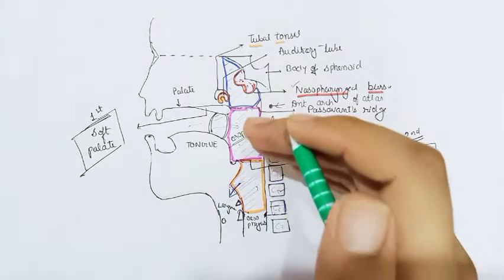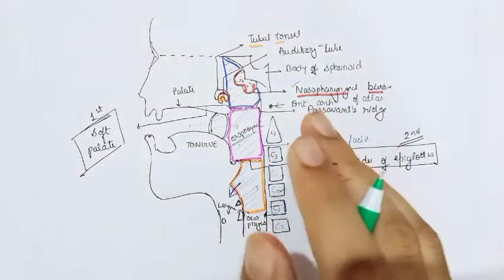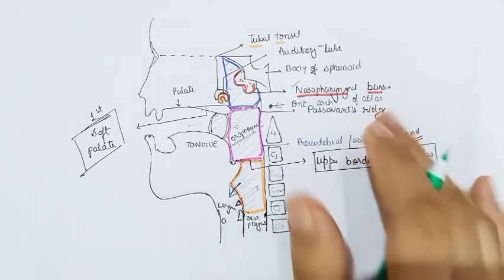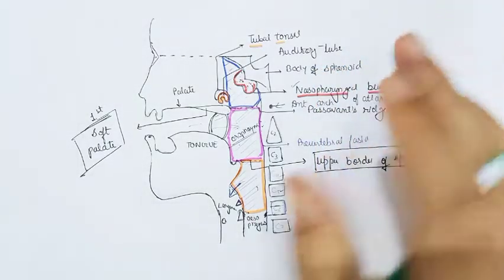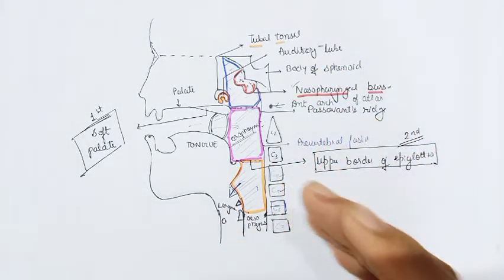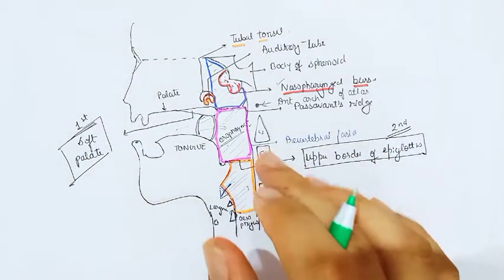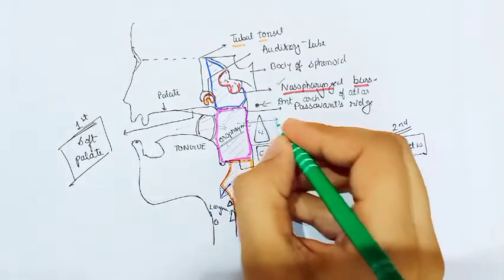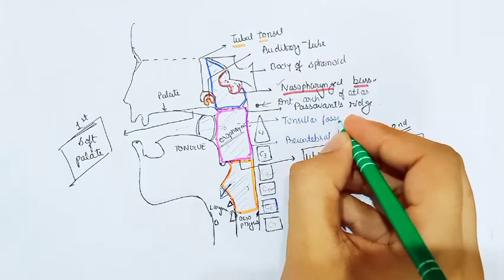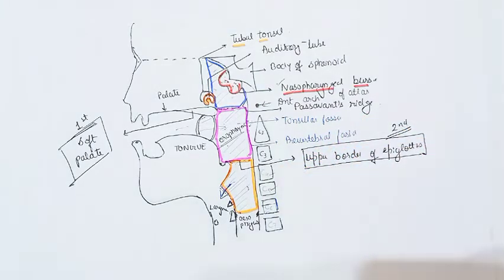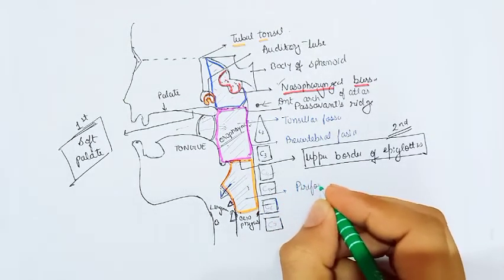And in the case of the lateral wall of the oropharynx and the laryngopharynx, we have two structures. One is called the tonsillar fossa, which has the palatine tonsil, and in case of the laryngopharynx we have the piriform fossa. As I told in the beginning, the piriform fossa is very important and we will discuss it in detail in a separate video. So in case of oropharynx we have one fossa which is called the tonsillar fossa, which contains the palatine tonsil, and in case of the laryngopharynx we have another fossa which is called the piriform fossa.